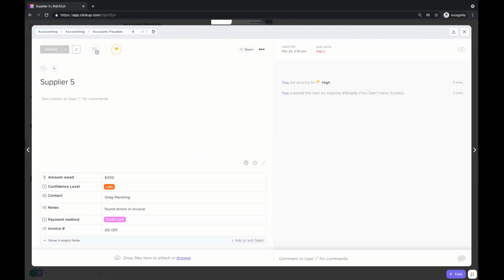First and foremost, on the left-hand side, we've got what we call the status. You can see if we hit the little drop down, these are specific statuses to the idea of accounts payable. We've got unpaid, ready to pay, and paid, right? But these are customizable. So just because we have these 3 for our accounts payable doesn't mean we have to have the same for our accounts receivable, okay? Or any other part of the application itself.